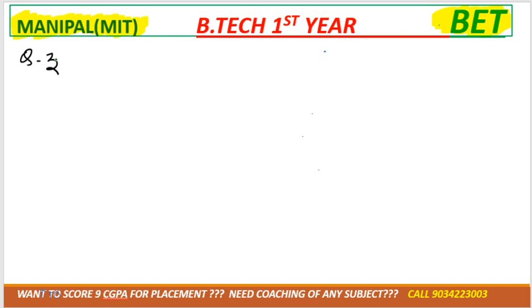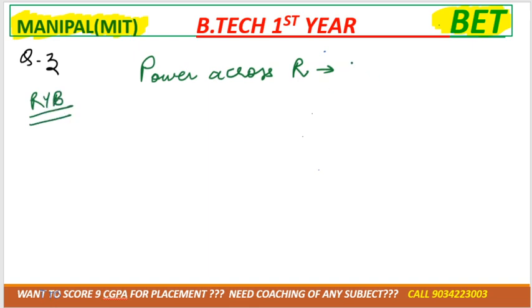In question number 3, they said if the power drawn by the load connected to R phase is 4600 watt, means they are particularly talking about power across R, right? Like we'll have the sequence of R, Y, B now. So they are saying power across R is how much? 4600. So in this case, we have to use P is equal to I square R, right? We can't use 3 into I square R because it's not for 3 phase. They are talking about only the single phase, right? And the ammeter connected to the Y line means,